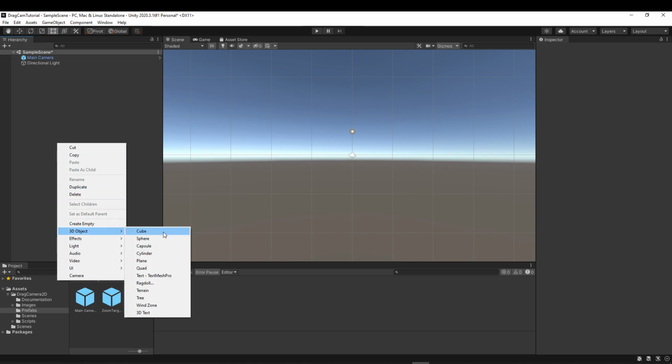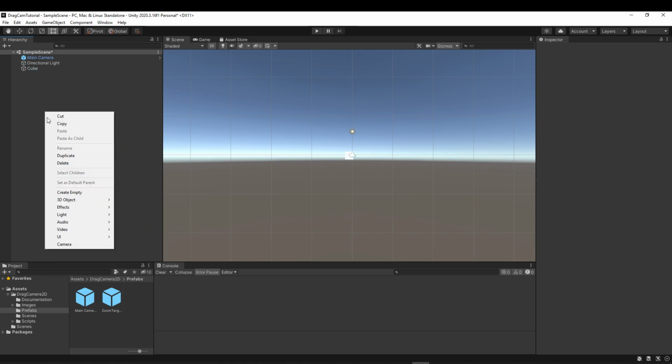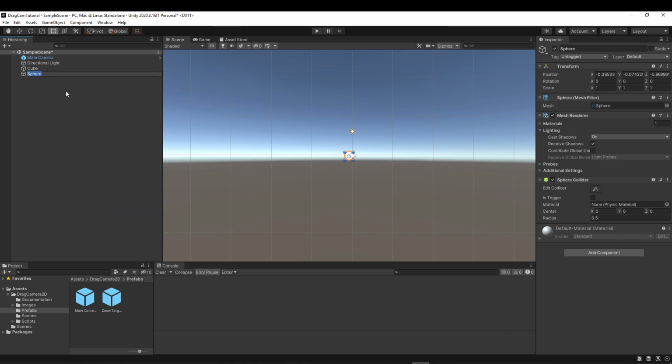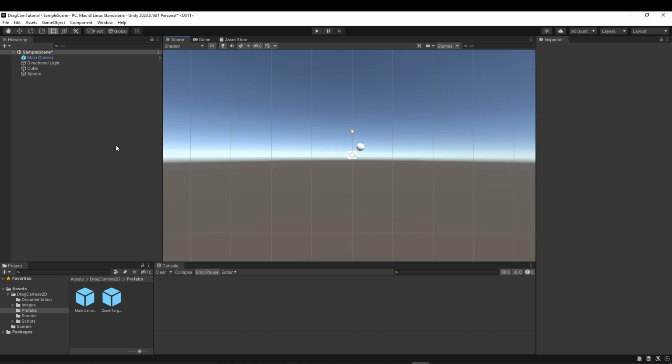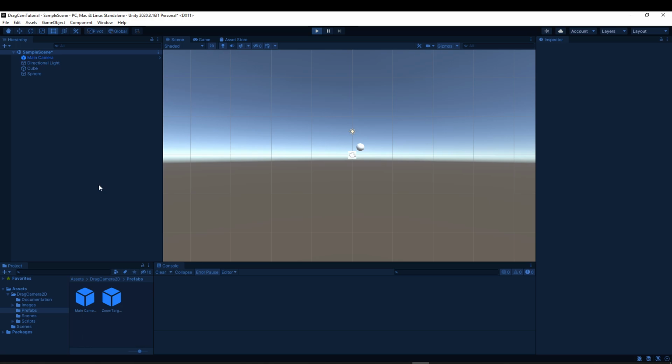Next we're going to add a 3D object, a cube, and a 3D object, a sphere. We'll set the cube to 0, 0, 0 and the sphere to 1, 1, 1, 0, just so that they're not kissing each other, social distancing and all that. Now if we click play,